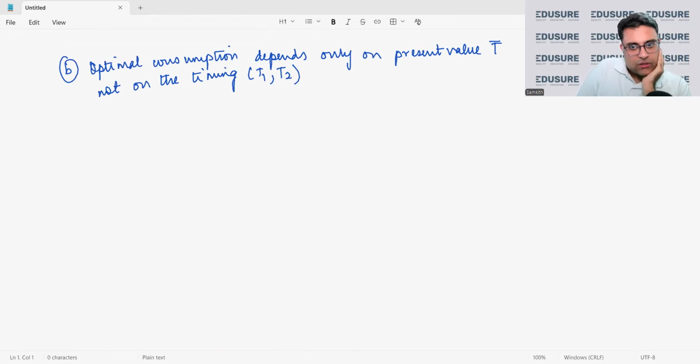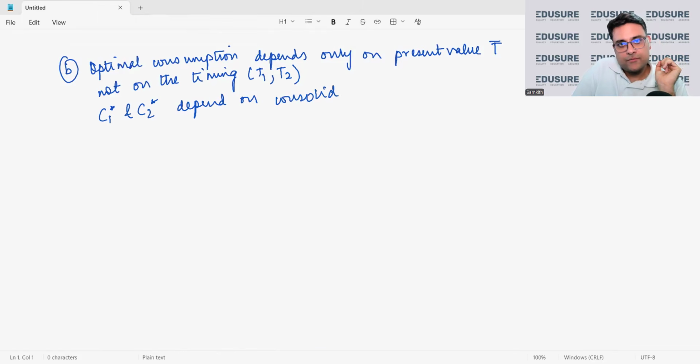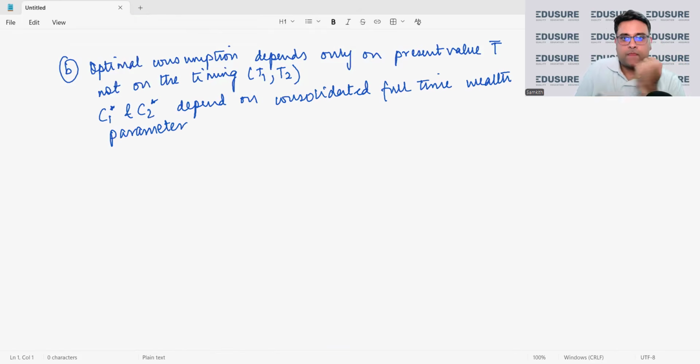So the optimal consumption formulas C1 star and C2 star depend on consolidated full-time wealth parameter omega,